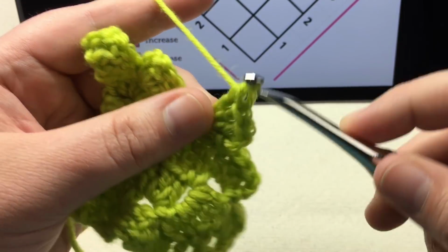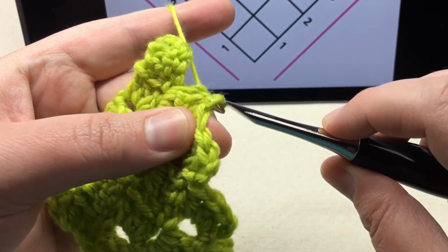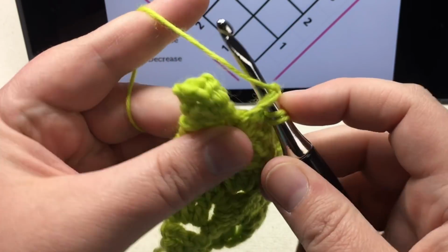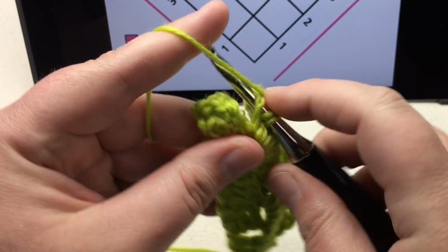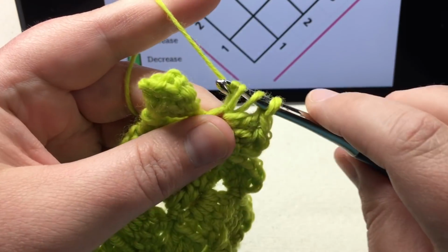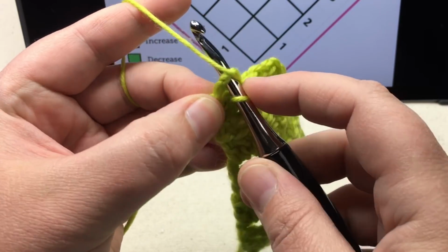Oops. There we go. And slip, chain 3, 1, 2, 3, double crochet 1, and double crochet 2, and double crochet third time. Okay, and we're going to slip into that space here